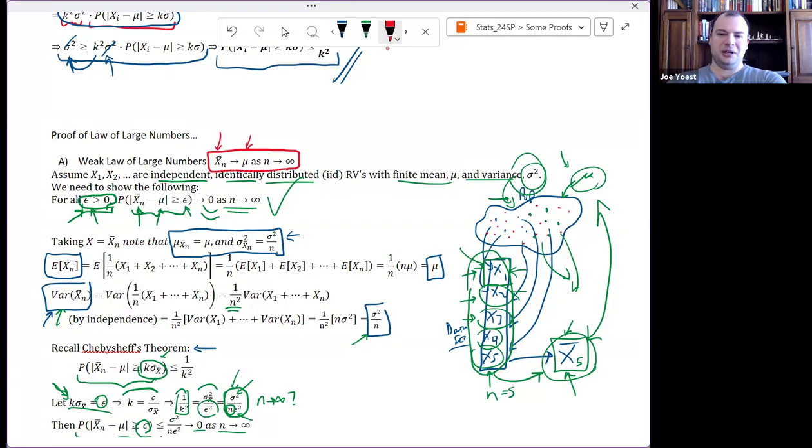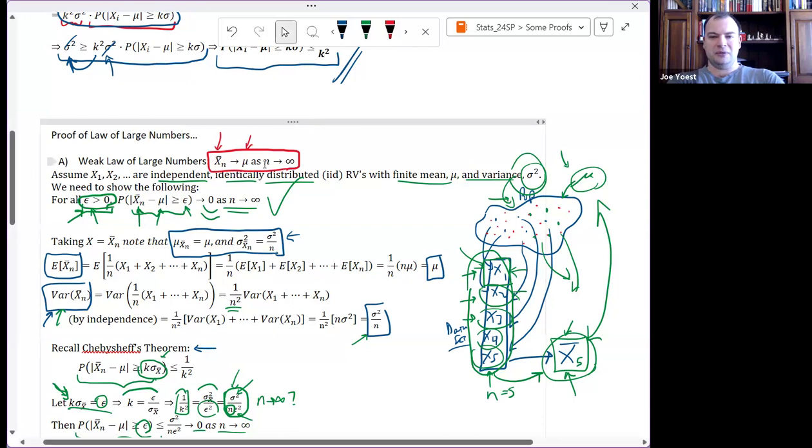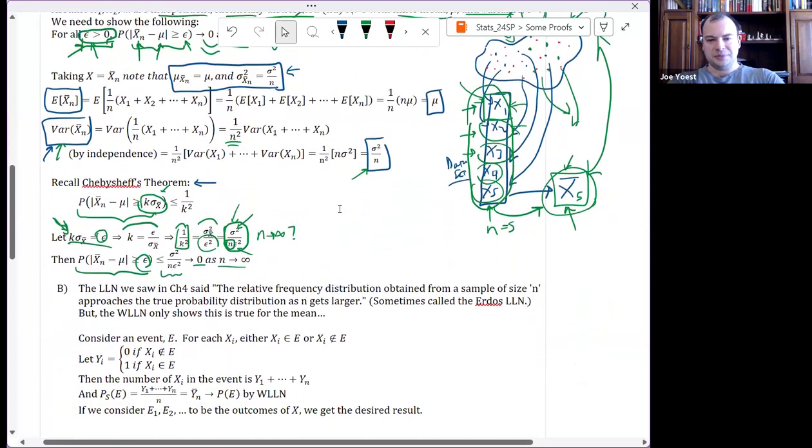Now you might be looking at this and saying, wait, I thought you said this was the law of large numbers. Doesn't the law of large numbers say a lot more? Doesn't it say that the sample frequency distribution goes to the population frequency distribution, not just a statement about the means, but the distributions as a whole? And actually, we have essentially already proved that. By proving the statement about the means, we've kind of proven the statement about the frequency distributions already. Let's look at why that is.